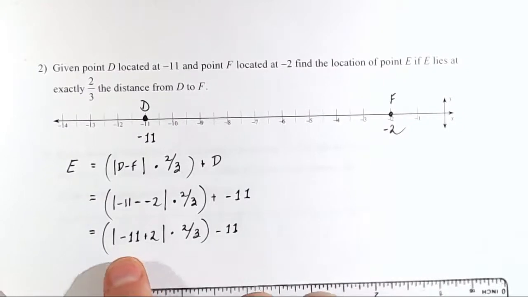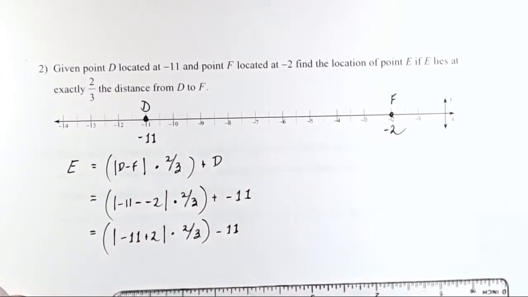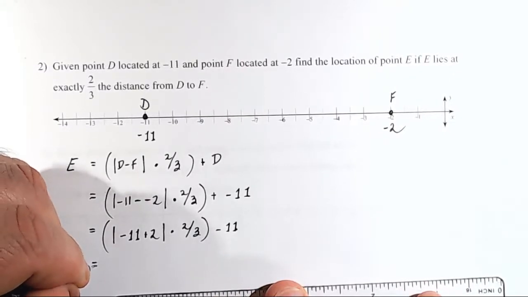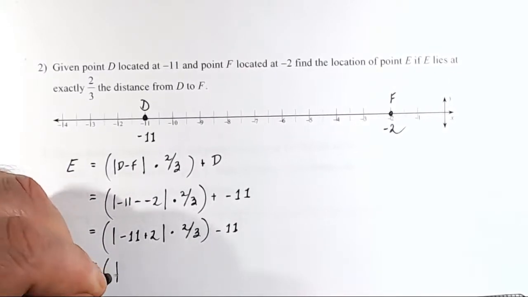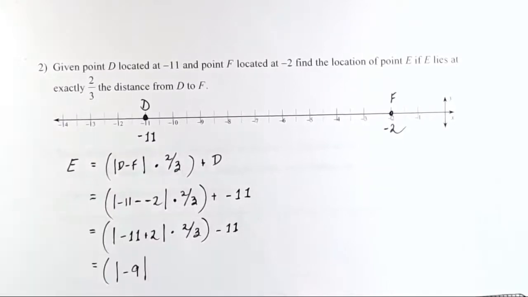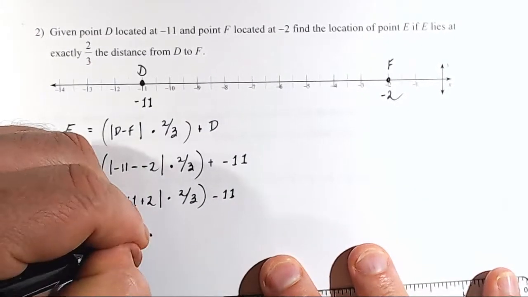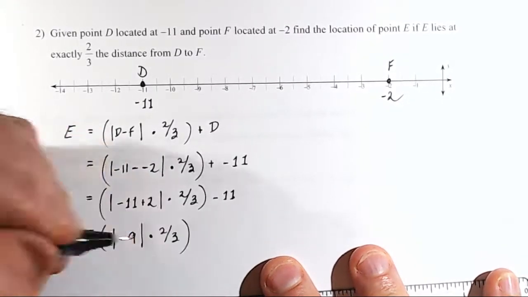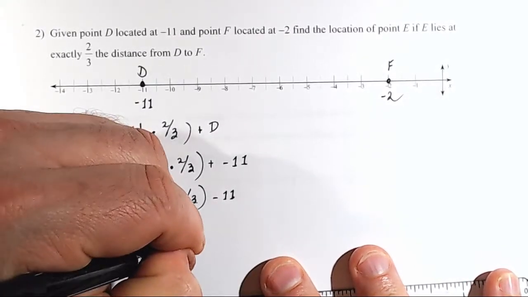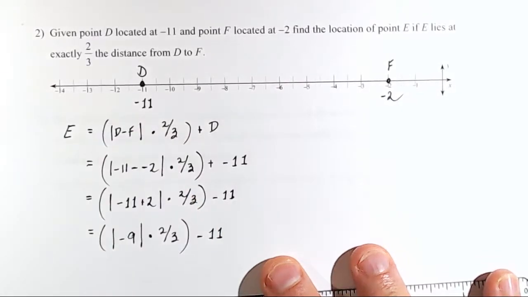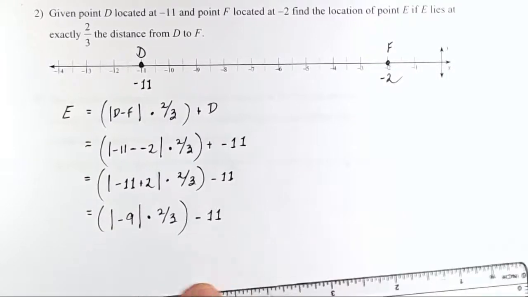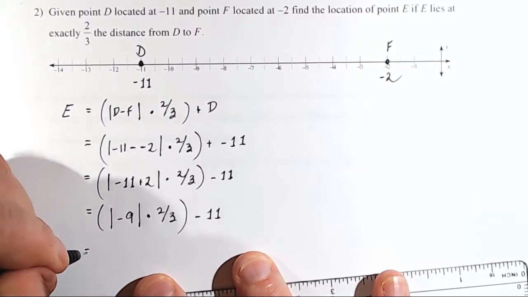Well, now what? Well, what's -11 plus 2? Well, that would be -9. So I'll put equals, open parentheses, absolute value of -9, okay, times 2/3, close parentheses, minus 11. All right, now what? Well, we're going to multiply. Well, first we'll take the absolute value of -9, which is just 9. Okay, so that'll be equal to